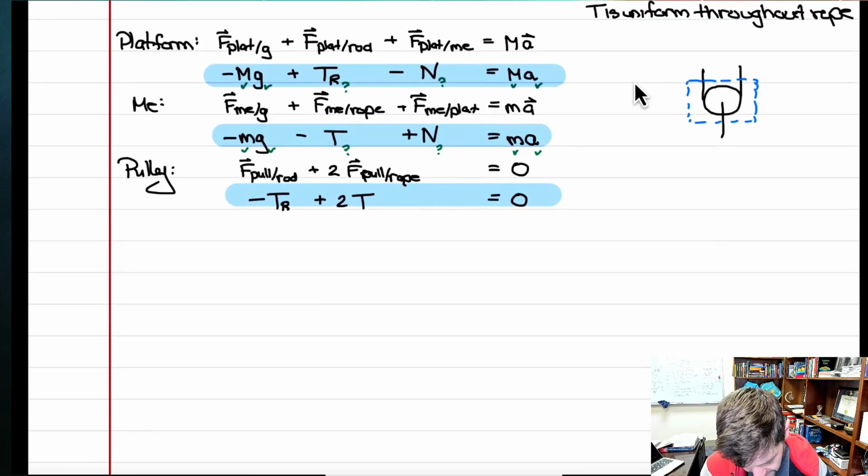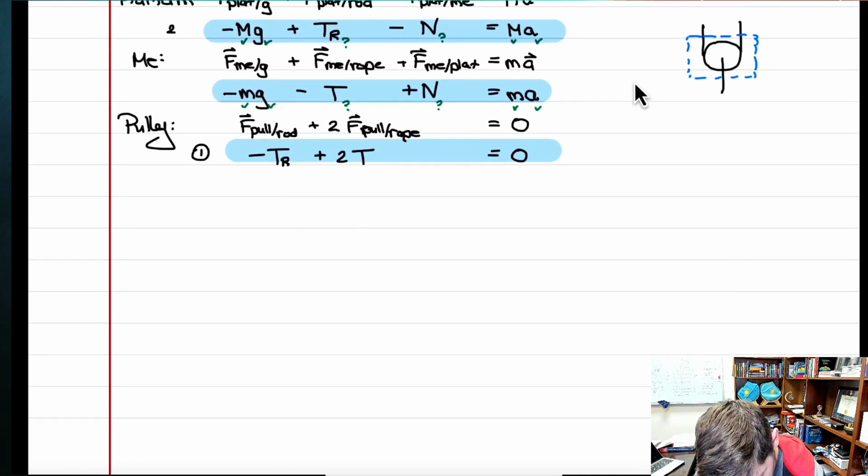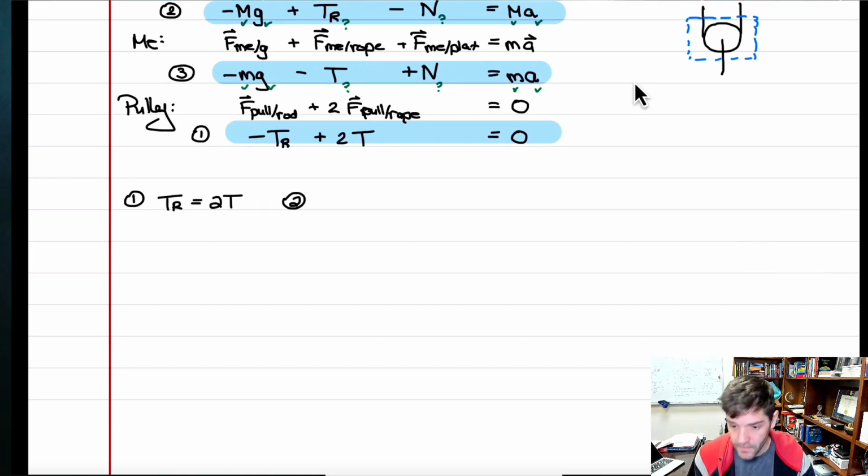And I'm not going to bother going through the math for that, but if I label this as equation 1, if I label the platform as equation 2 and me as equation 3, then equation 1 implies that the tension in the rod better be twice the tension in the rope. And then if I combine the second and the third expressions by adding them together,